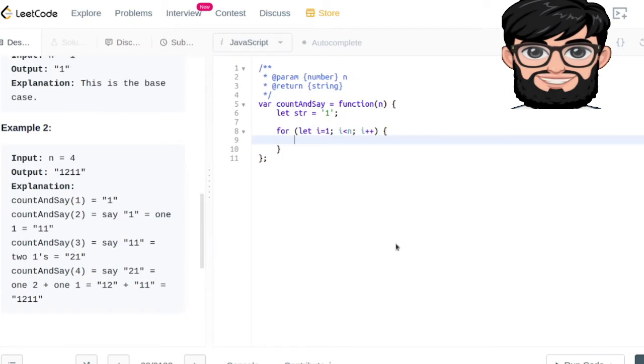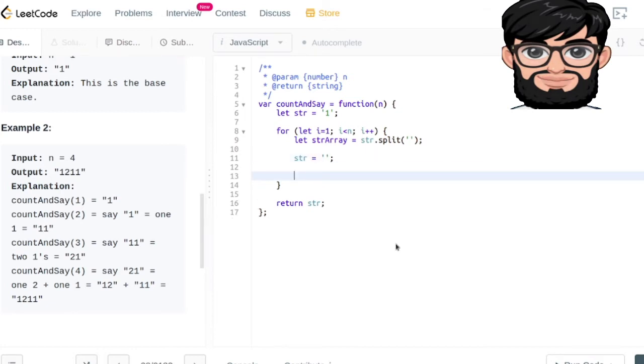and if we enter that one, we're gonna be reading 1 starting from the 1, but otherwise if we don't even enter it, meaning if n is equal to 1, we're just gonna be returning the string. Other than that, every single time we're gonna get the string array, which is gonna be splitting the string, and